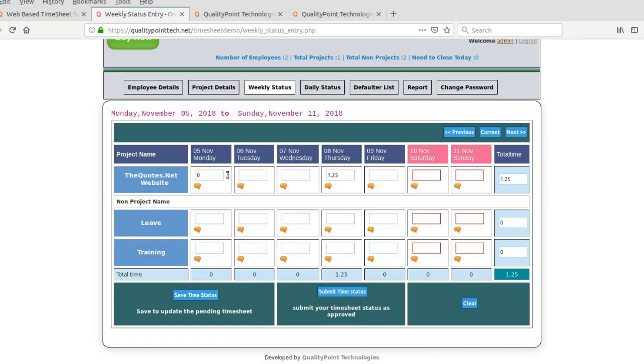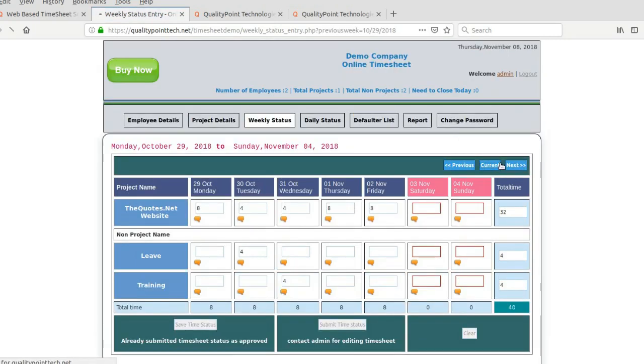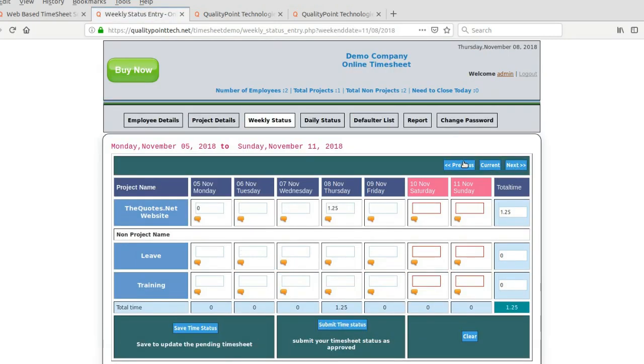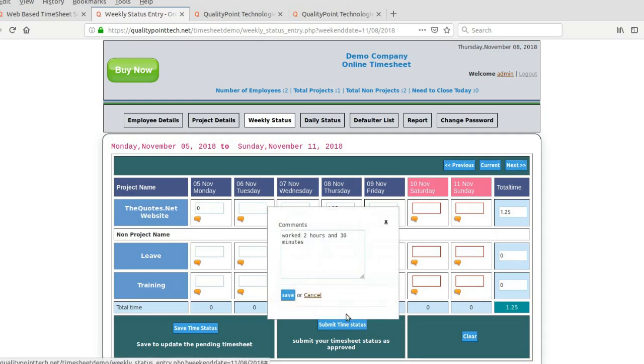Here in the weekly status entry, the user can choose the previous week, current week, or next week, or they can just navigate using the previous and next buttons on a weekly basis. They can enter the time here and add comments by clicking this icon.